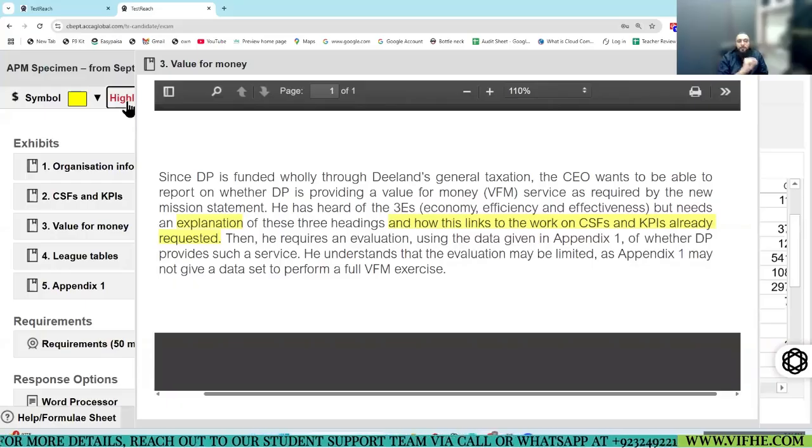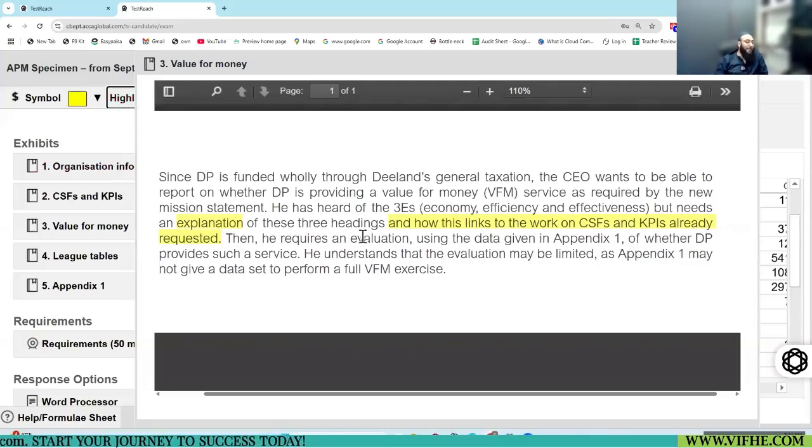What is economy? What is efficiency? What is effectiveness? Explain them, fine. But how are these connected with the work that you did in the previous part of CSF and KPI? This was an important requirement that students ignored, or they were not clear what to answer here.